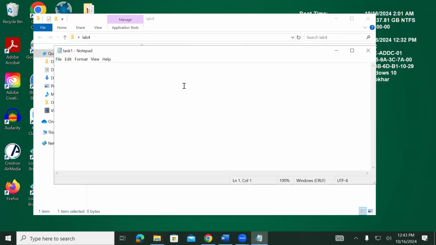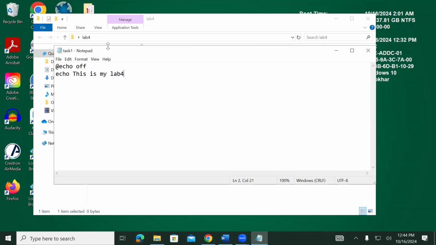You can also open it with Notepad++, whatever works for you. In the last lab, we learned how to create a batch file. Let's see what the structure of a batch file looks like. Firstly, this command, @echo off, tells the compiler not to print out the commands or the lines which come after it. Echo is the command we typically use in order to print out something. So for example, if I type here echo, this is my lab 4,